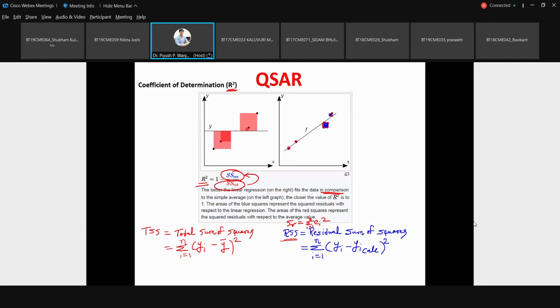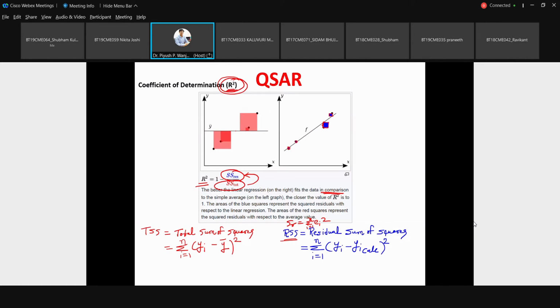So this improvement you need to understand, because the R square factor says, compared to the average fitting, what is the fitting in terms of my linear regression, and that improvement you are mentioning in this particular number. So R square is 1 minus RSS divided by TSS.